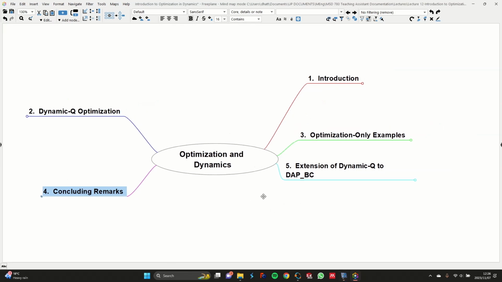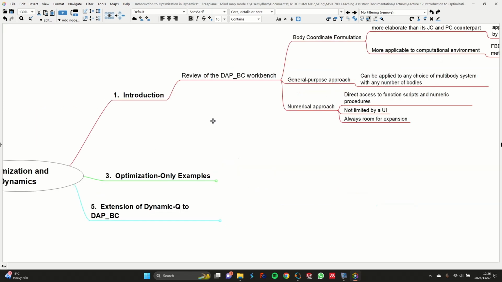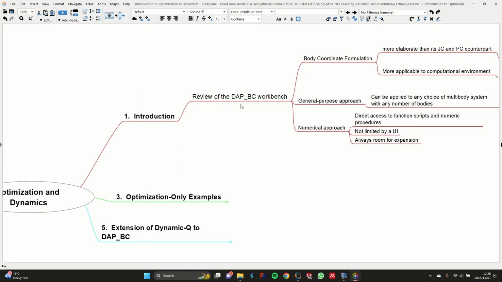Before we jump into the optimization algorithm, I'd like to give you a brief review of what we discussed for the dynamic analysis program itself. The DAP BC workbench is the one that we've been considering up to now, DAP standing for Dynamic Analysis Program and BC just referring to the formulation that we're using, which is the body